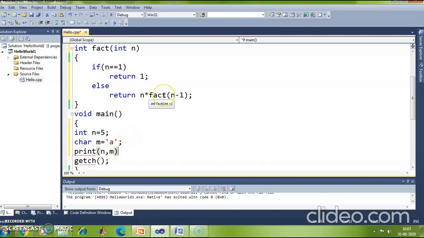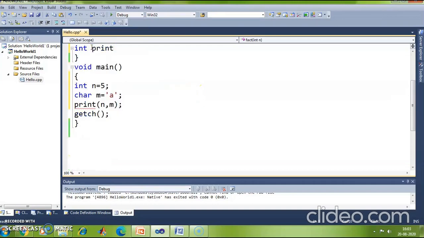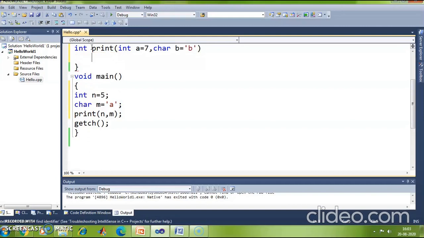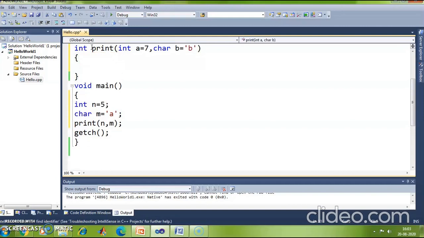And then I do define this function print. Okay, this function print is taking two variables, a is equal to 7 and the other variable is of type char, so char b is equal to 'b'. I close the parenthesis and open the scope of this function.